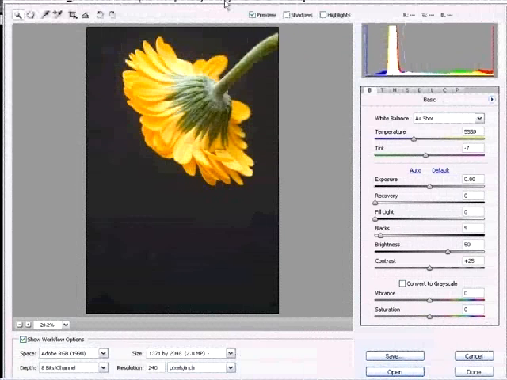Alright folks, in this video we're going to talk about the new versions of Camera Raw inside of Photoshop CS3 and also inside of Lightroom. Mainly we're going to concentrate on the basic area. What I want to show you here is what's new, and I want to show you that what you have